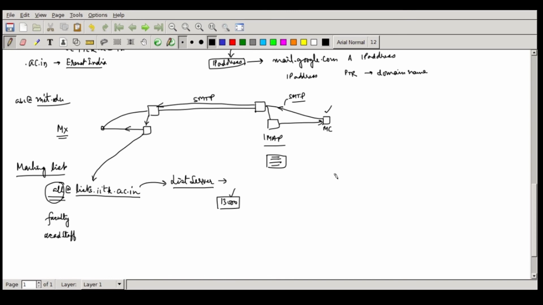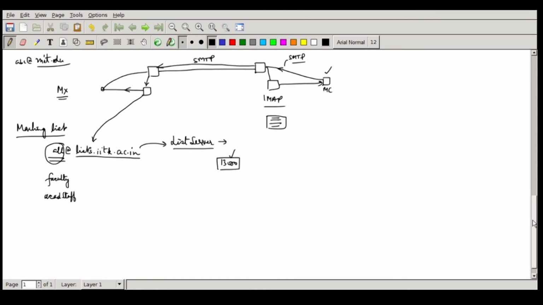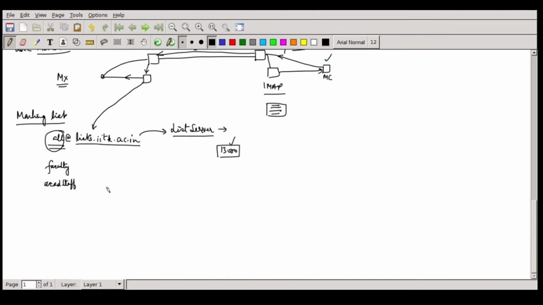Now, before going to the mailing list implementation, let's talk about how the mail will actually be transferred. So now we are going to do away with this particular system. We don't require an IMAP or SMTP server. But one thing is sure: when you first have a certificate generated, you have to receive a mail, and so your client will be talking to a server which will give you a certificate. A certificate signed by this server will be accepted by everybody. That's our assumption. So you get an identity.